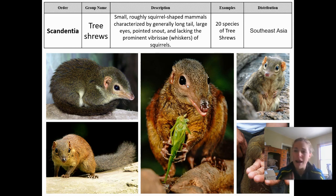You notice there's a lot of biodiversity in that Southeast Asian region and also a lot of people. There's a lot of habitat loss. So a lot of our species, we are at risk of losing entire orders of organisms if we don't stop habitat encroachment. And those are all of our different orders of